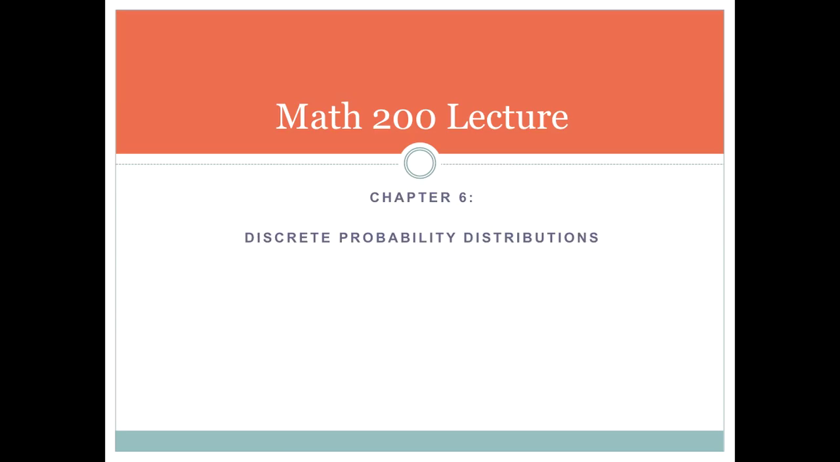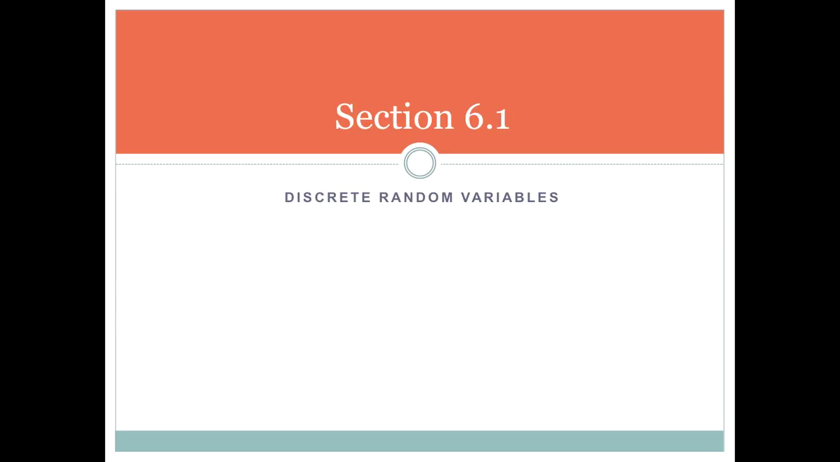Hey guys, so welcome to this online Math 200 lecture. This lecture is over chapter 6, which goes through discrete probability distributions. So this chapter has two different sections, and we're going to start with section 6.1, which goes through discrete random